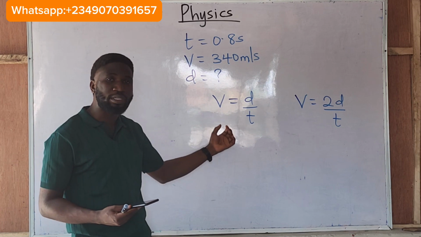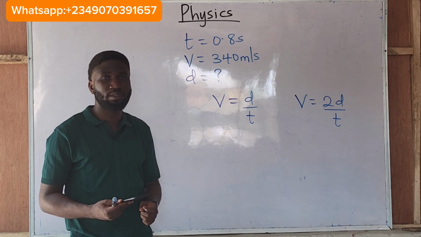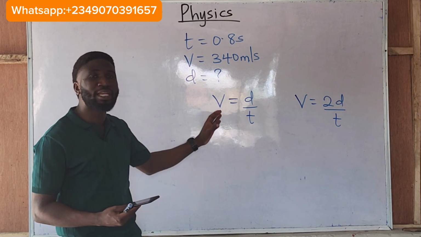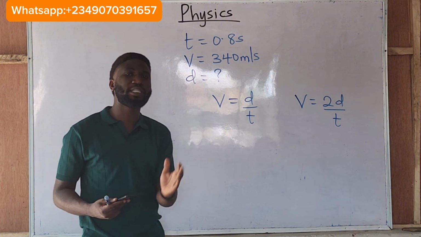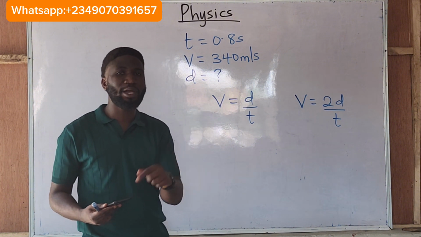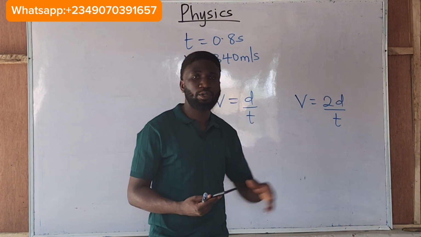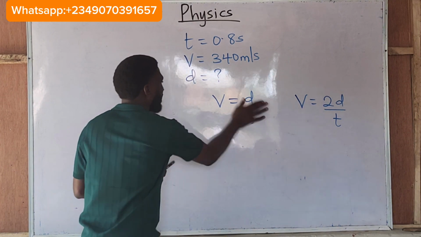And the answer they are going to get, they are going to see it in the options. So please, whenever you have something like this, that the sound got reflected or that it is an echo, use v equals 2d over t. Alright. So now that we've known